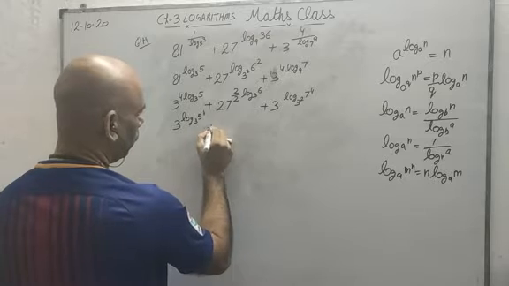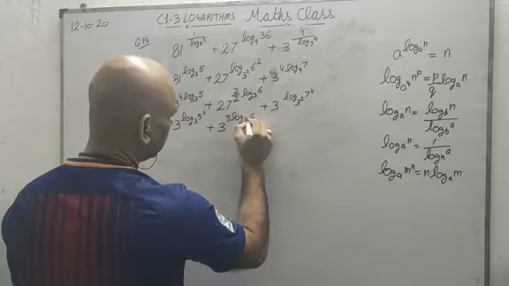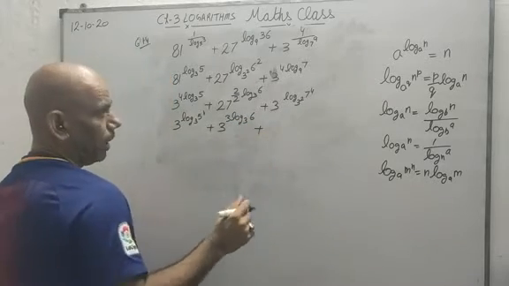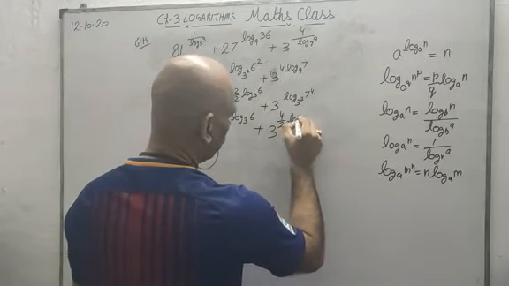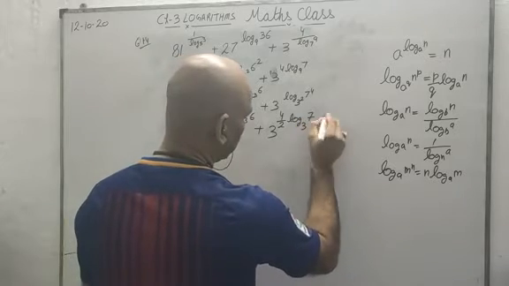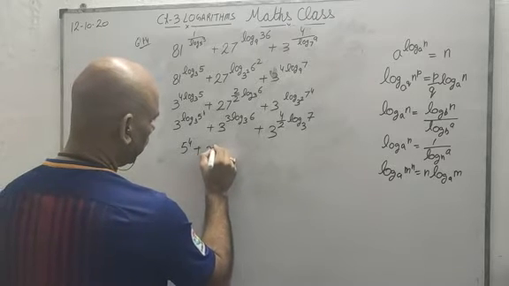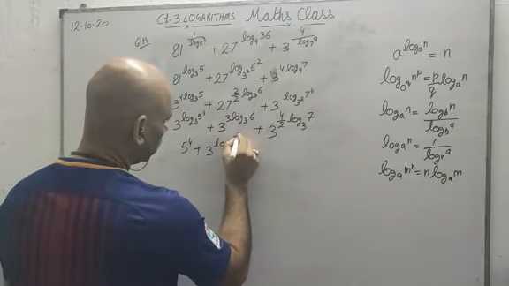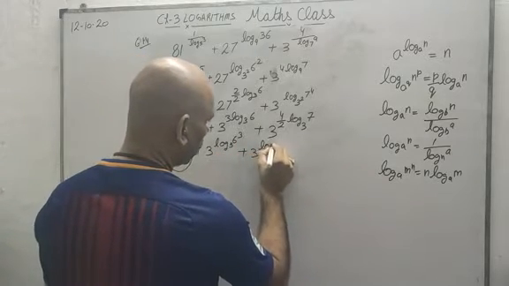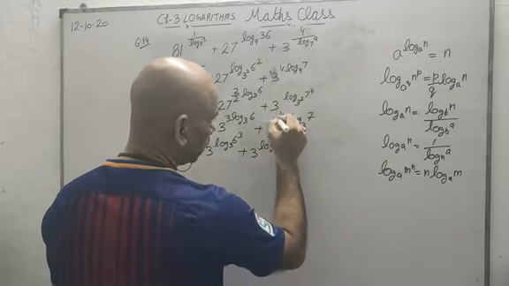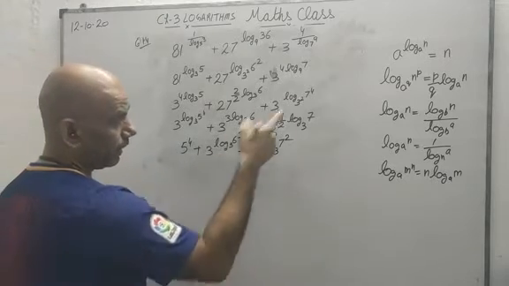Now what I am going to do with this, 2 and 2 is 1, 3 to the power 3 log 3 base 6. So this will come in the power in the next term. And here, 3 to the power 4 upon 2 log 3 base 7. This is 5 to the power 4. This is 6 to the power 3 base 3. This has become 7 square, because this is 2 here. Okay, now that formula can be applied.